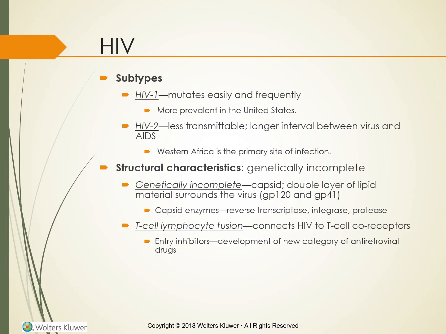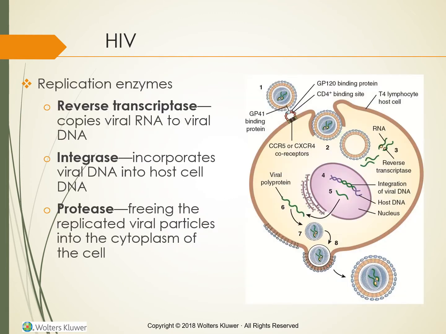Another binding protein called GP41, which is composed of 3 stalks, is used to fuse the virus to either the T-cell's co-receptors CCR5 or CXCR4. The discovery of the mechanisms for attachment and fusion with co-receptors has led to the development of antiretroviral drugs called entry inhibitors. The fusion of the virus and CD4 co-receptors provides a means by which the genetic contents within the capsid, the viral structure that encloses the single strands of RNA, along with 3 important enzymes, reverse transcriptase,